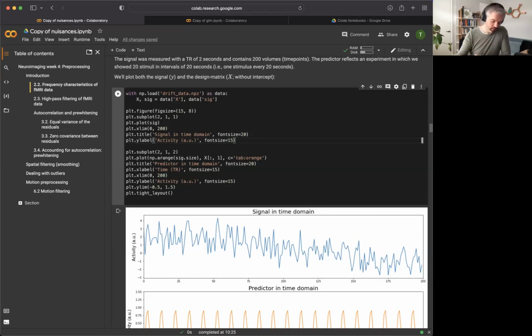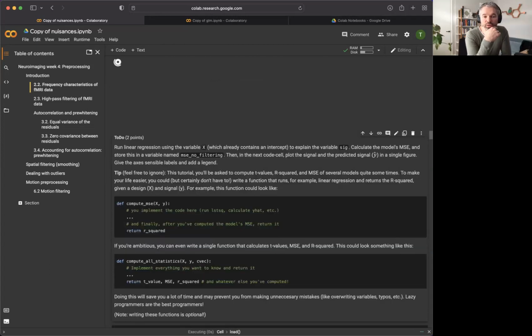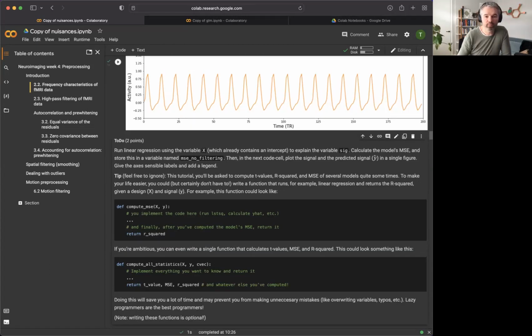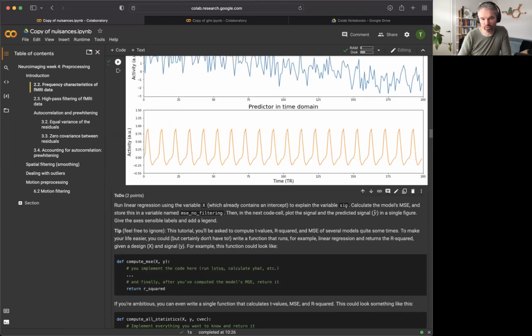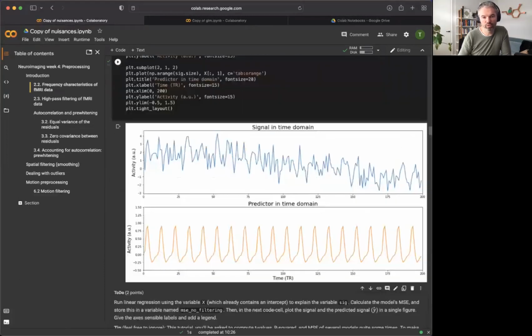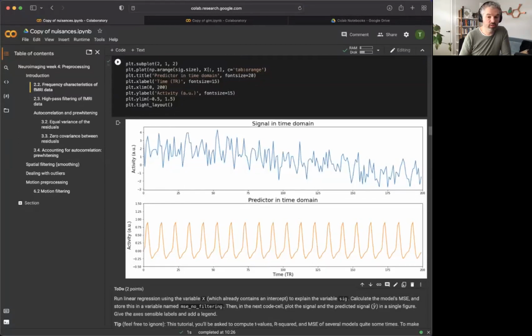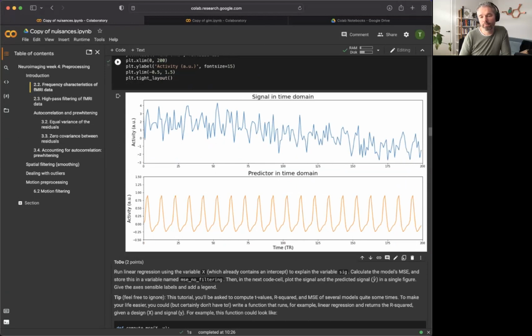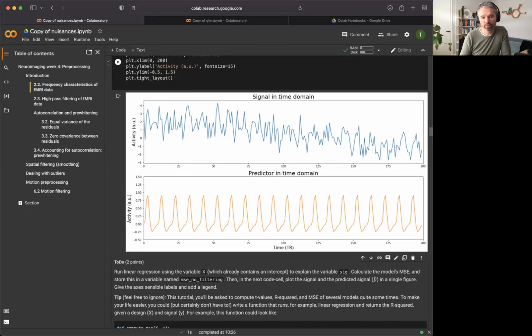So in general, in fMRI, you tend to have data that have some drift, as you see here. This seems to be going down very slowly, starting from a high and then moving to a low. Whereas our predictors, in this case, something like this, they don't incorporate this slow drift. And this is something that we need